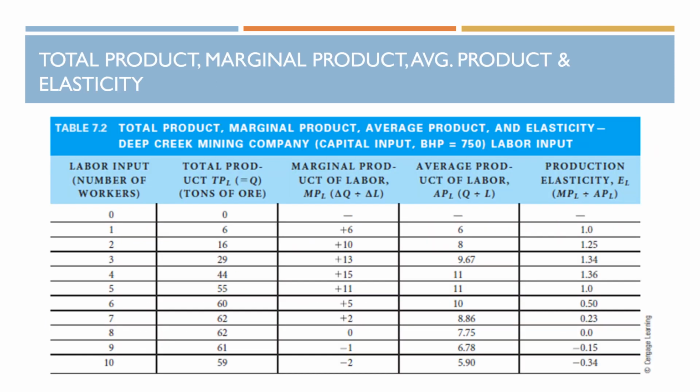Here's another production table that we can refer to for the concepts. The first column is the number of workers in this production for the Deep Creek Mining Company. The second column talks about the total product, which is the total number of outputs that we are getting from those workers in this production. The third column